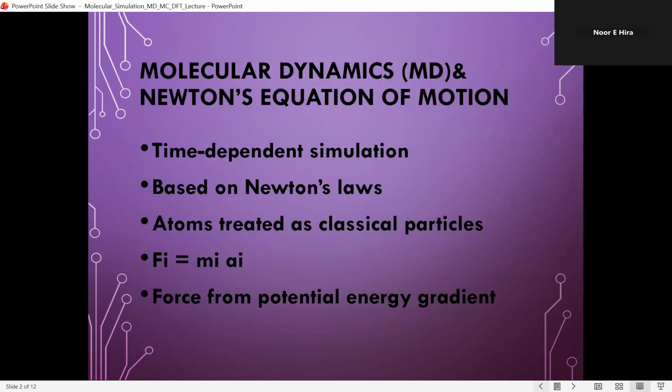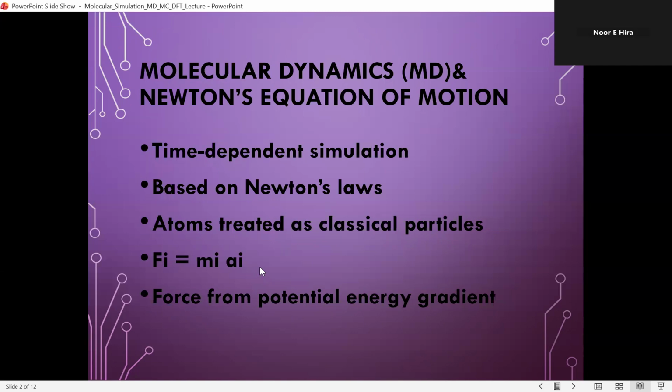Starting from molecular dynamics, it follows Newton's equation of motion. So let's begin with molecular dynamics, commonly known as MD simulation. It is a time-dependent simulation technique where atoms and molecules are allowed to move according to Newton's law of motion. You see here, I have put the equation where the force acting on an atom determines its acceleration and consequently